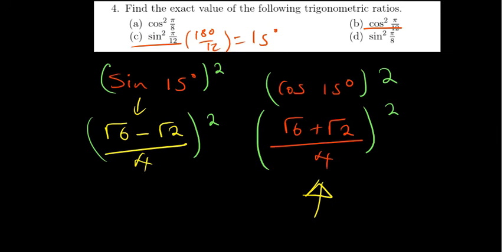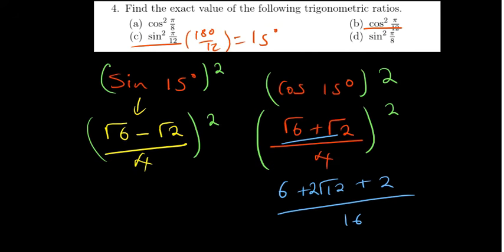Maybe just out of curiosity, I can show you one. Let's try to deal with this other part. If you square that, root of 6 by root of 6 will be 6, and then root of 6 by root of 2 will be root of 12, which will come twice, and then plus 2 after root of 2 by root of 2, and then 4 times 4 will be 16. At this point you're going to have 8,